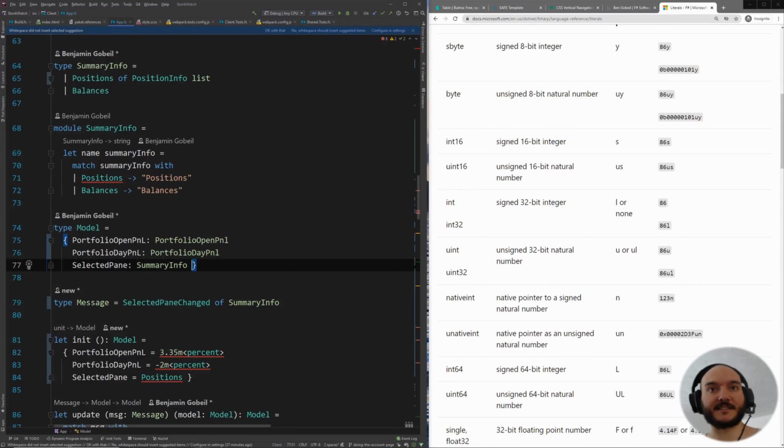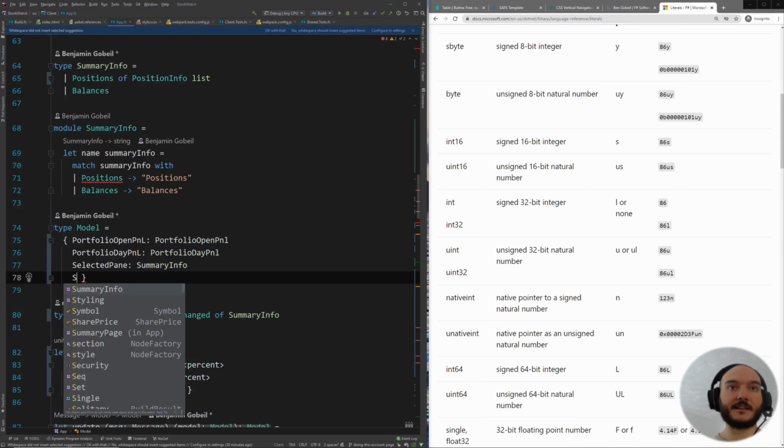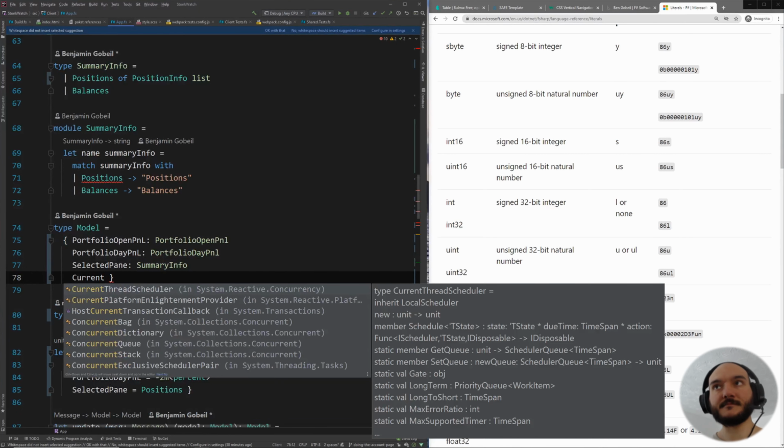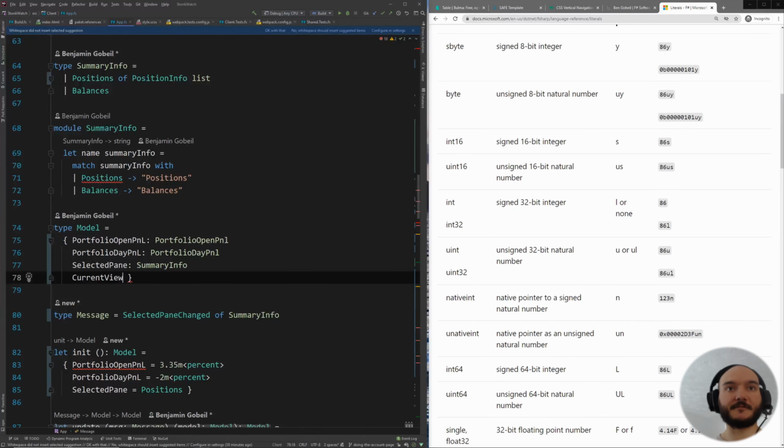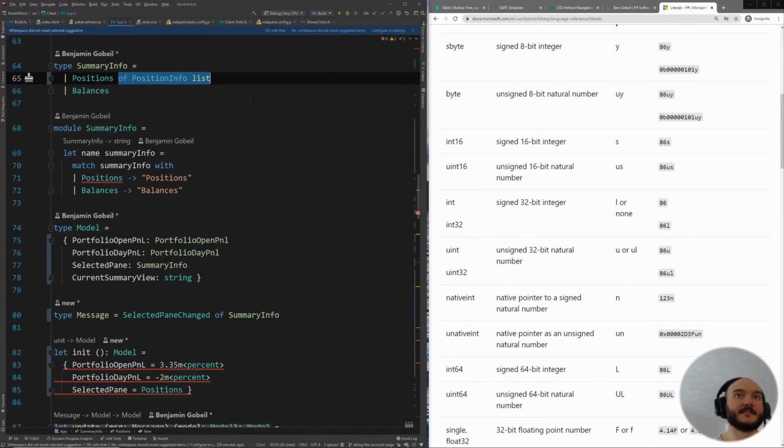So let's say I ignore that second thing. If I want to allow it to be in an error state, what I can do is just do a current view, let's say, or current summary view. Summary view is actually way better than summary pane or summary info, but anyway. And I can just do a string to tell me whether it's one or the other. So here I could have just given a string or an enum to tell me what tab I'm on. But the problem with that is,